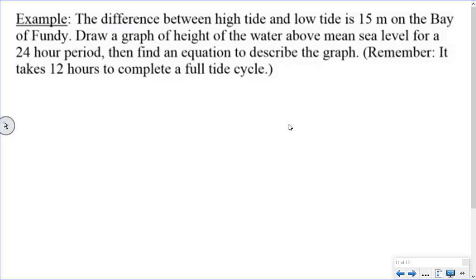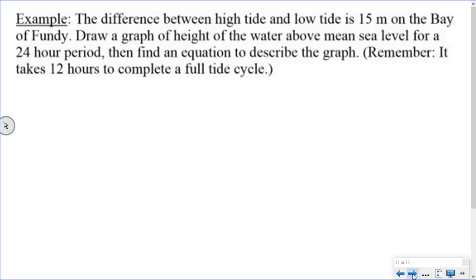So here's another one here. The difference between high tide and low tide is 15 meters. So a similar type of question, but now we're talking about 15 meters. Draw a graph of the height of the water above mean sea level for a 24-hour period. Then find the equation. The same type of question. This time we're talking about 2 full periods because it's 24 hours, but it's still the same idea where the difference between high and low tide is 15, so the amplitude is going to be half of that,